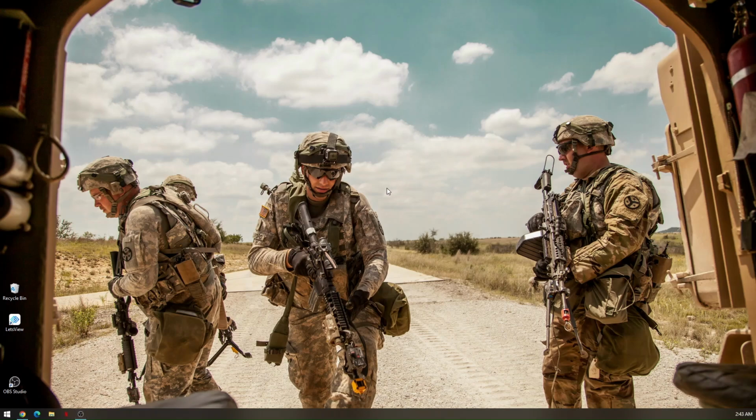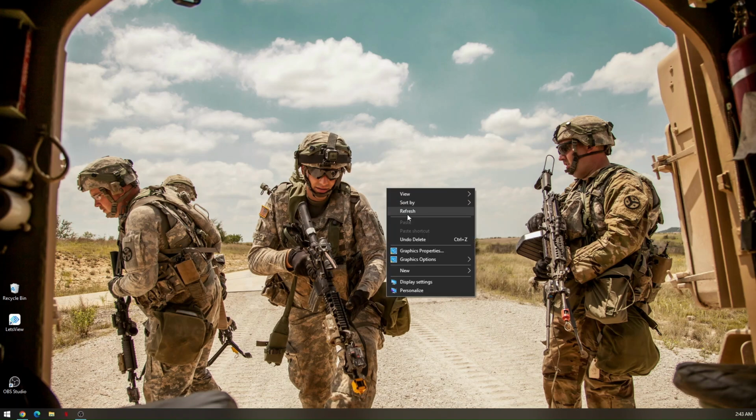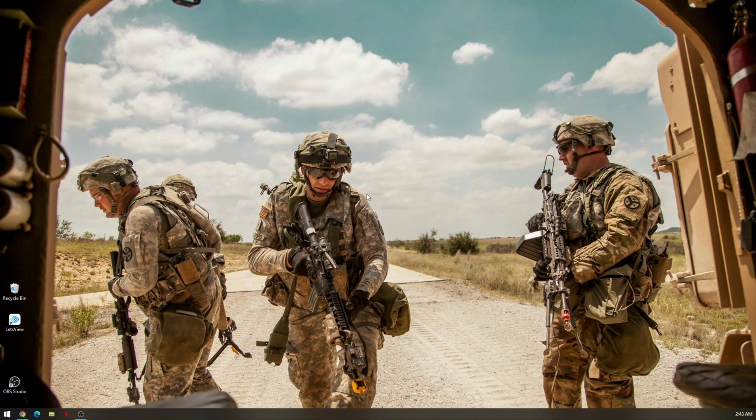How to fix Parsec error 6023. Now, before we dig deep into troubleshooting steps, I'd like to explain to you where this problem is coming from. This usually happens when you're trying to connect a peer-to-peer connection from a certain device